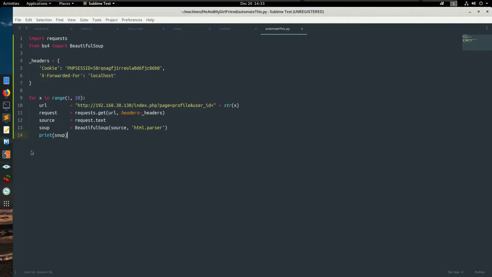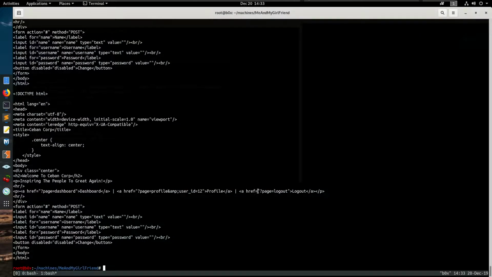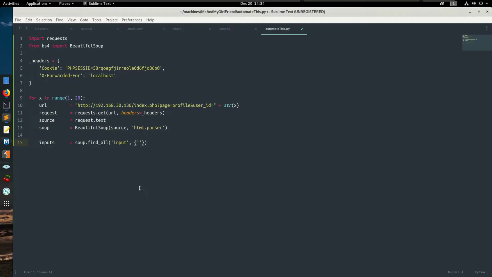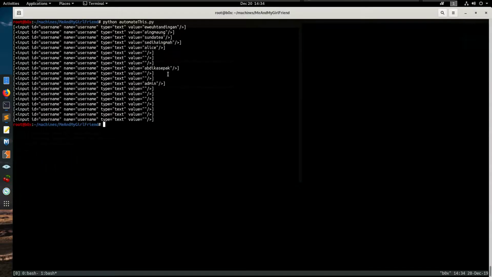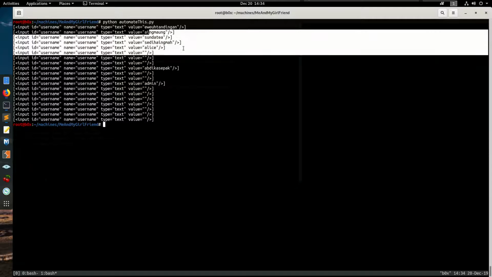That's fine. Okay, so what we are going to do is parse those input values. So we can say inputs is equal to soup.find_all. You can say all the input tags, and then let's say if there's a unique identifier here. It says name is password and name is username. I think we can utilize that, right? If I say name, username, and if I try and print the inputs, does that work? I mean, it should. Okay, yeah, we have all of the